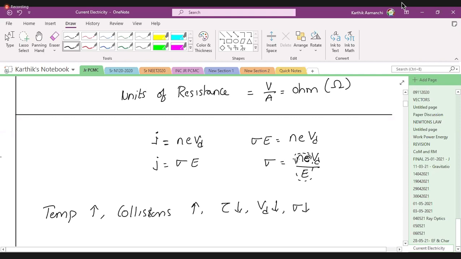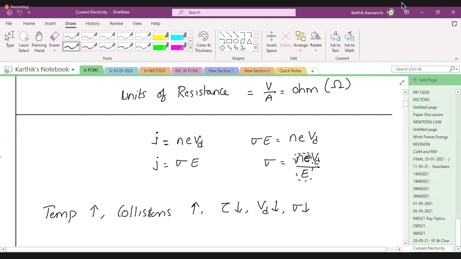Now let's see what is the logic behind it. See, this is the space. This is your space. Now there is a charge which is here. Now I have given an electric field. Of course, when I give you an electric field, I give temperature. I put a lighter under this conductor. So temperature is increased, and your thermal agitation increases.